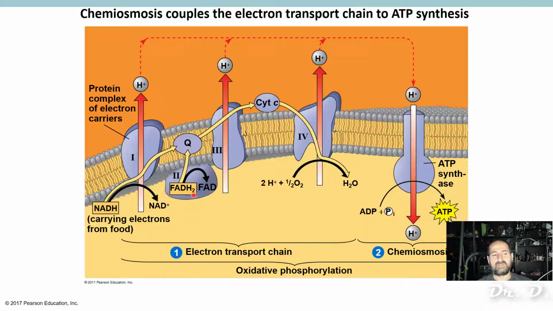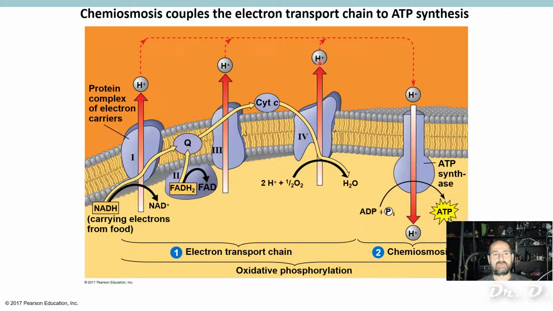Okay, what about FADH2? FADH2 drops off its 2 electrons. Those electrons go down the electron transport chain. That actually results in fewer protons being pumped. Why? Because we're skipping pump 1, aren't we? If you skip a pump, you're not going to pump as many protons. So FADH2 skips pump 1. It gives its 2 electrons to coenzyme Q. The electrons go through the electron transport chain, and you end up pumping 6 total